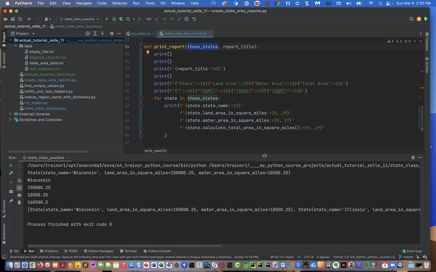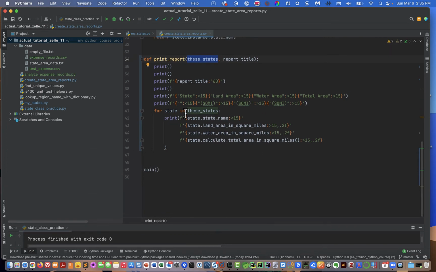So let's look through the logic of it in a pretty straightforward way. We're going to print some blank lines. We're going to print the title, another blank line. We're going to print one line of column headers. We're going to print a second line of column headers. And now we're going to print the data. So we're going to say for state in these states, print, and then all of the data is going to come out of